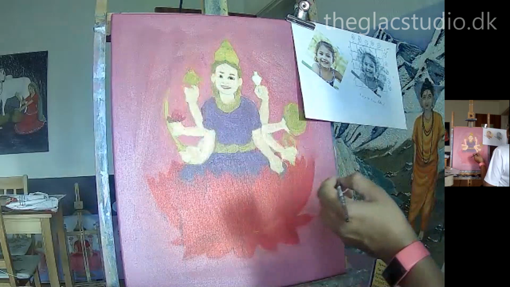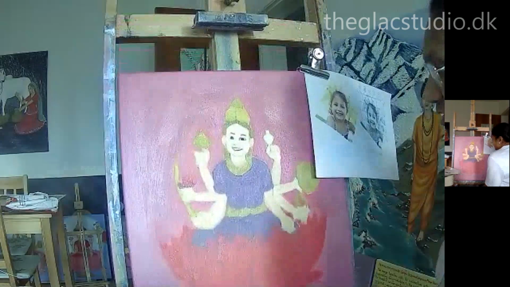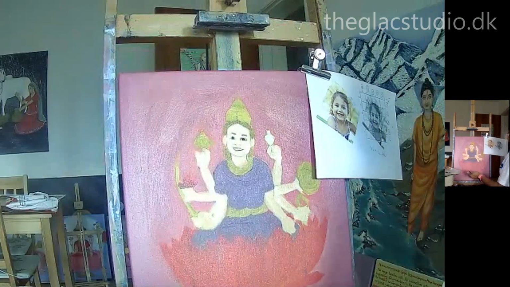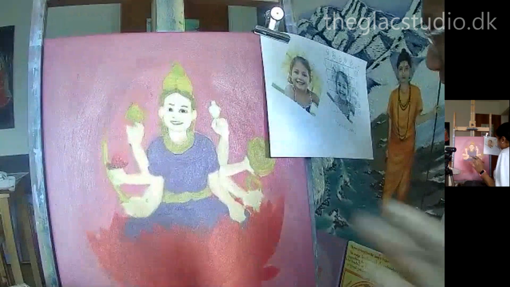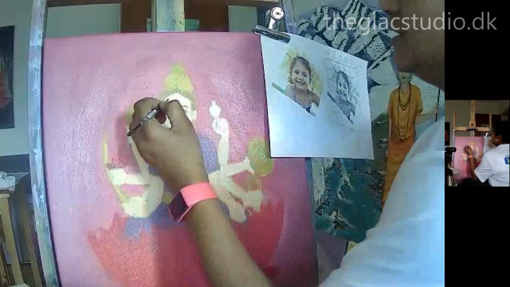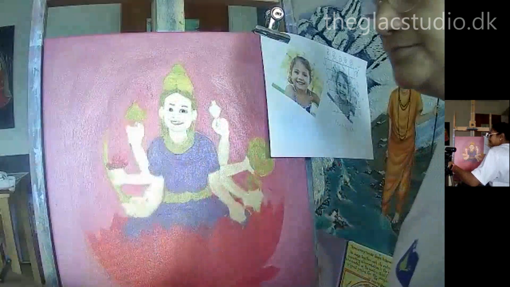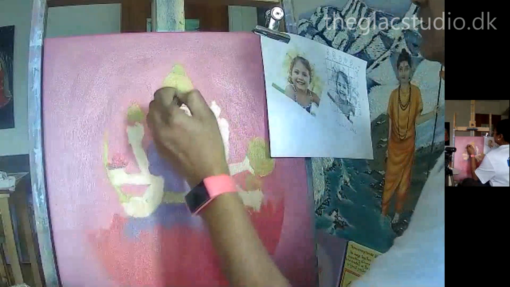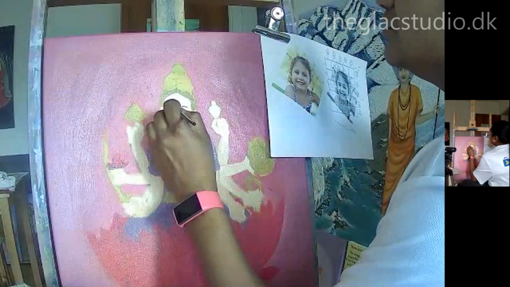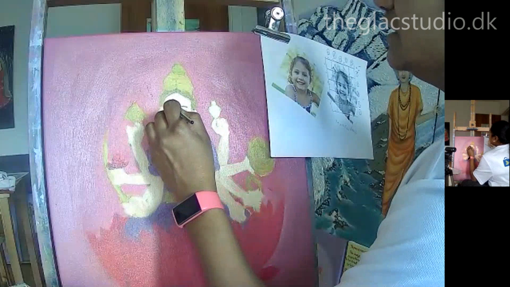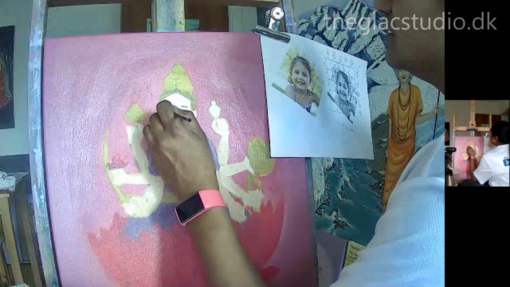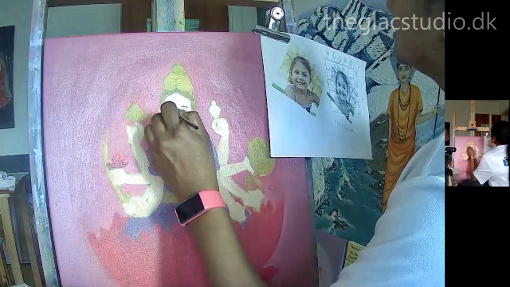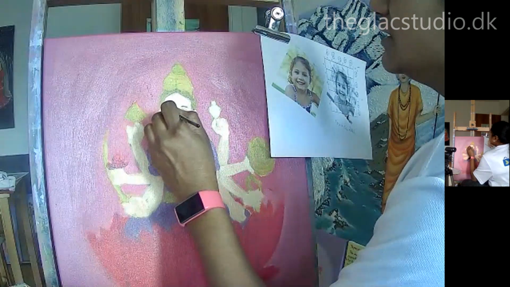Yes, good. Slightly closer to me here. Everything looks really flat still, but we are going to build onto this. So I'm using the same color, the darkest of the tonality, to build the details of the eye, the upper eye line. Where does it end? The way it ends, the bottom eye line,